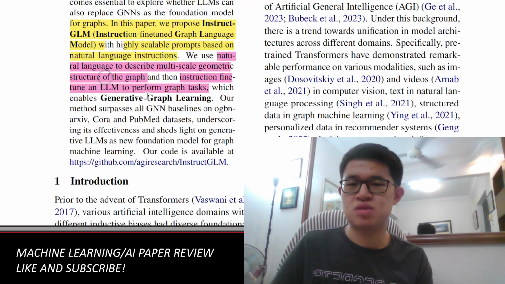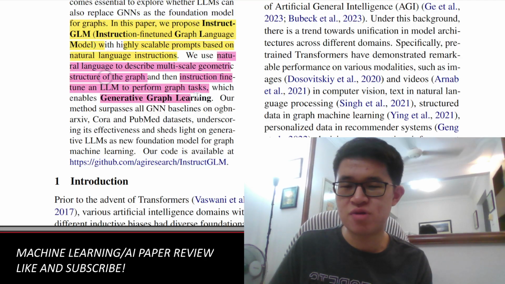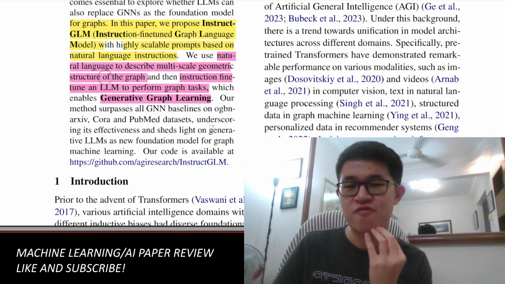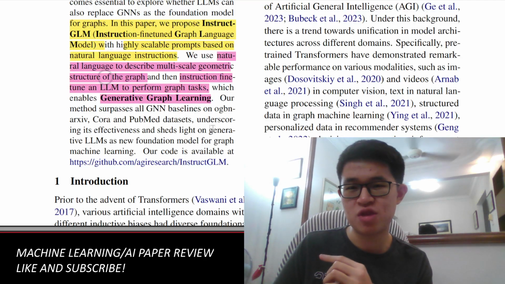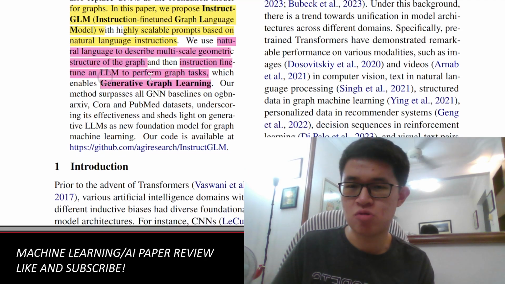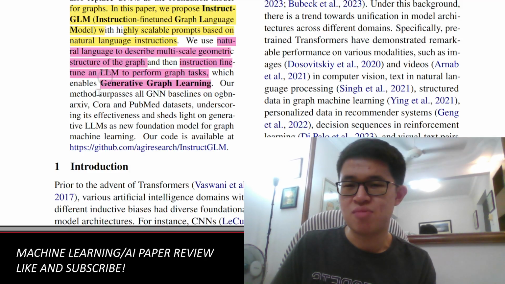So this is what they call generative graph learning, and it's something that I have covered in the previous video, but not in depth. We shall go through this soon. The method surpasses all GNN baselines